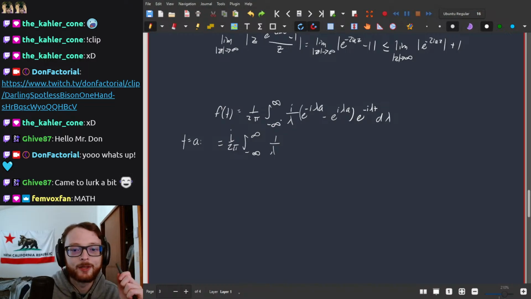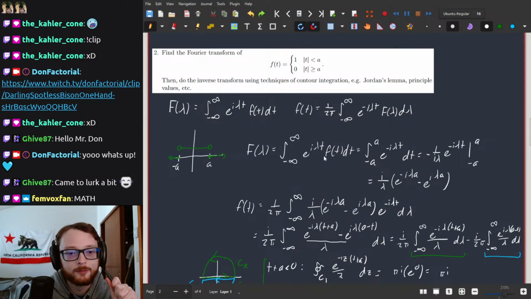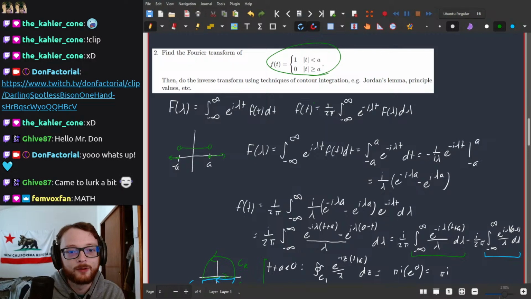I'm starting off with a Fourier transform question before I get into the actual math bio paper that I referenced in the title. I've already solved it, but there's a really pesky thing with the endpoints of this. The question is basically take the Fourier transform of this and then do the inverse. And so,